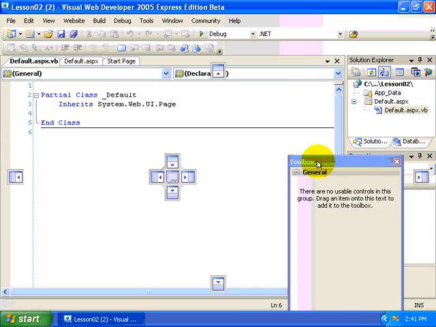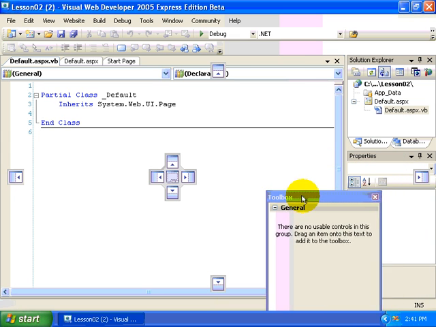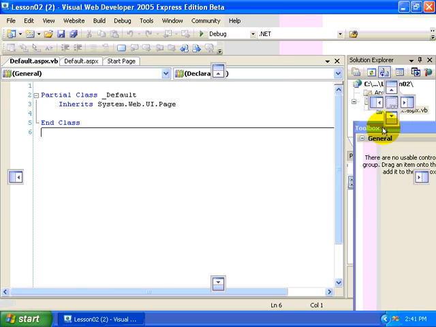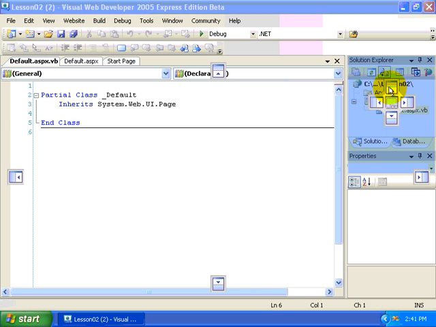Notice that I get these little helper windows that appear, these little helper icons, so that it helps me decide exactly where this will be positioned if I were to drop it at this time. You can see at this point, hovering here, it will become a tab group with the Properties window, or I can drag it up here and it'll become part of the tab group